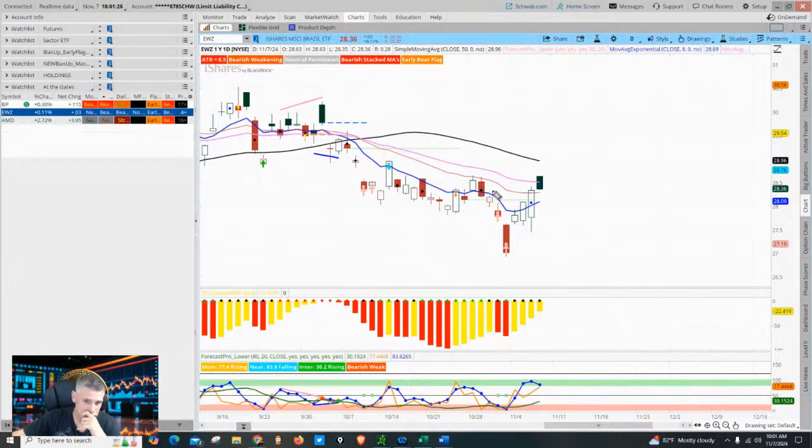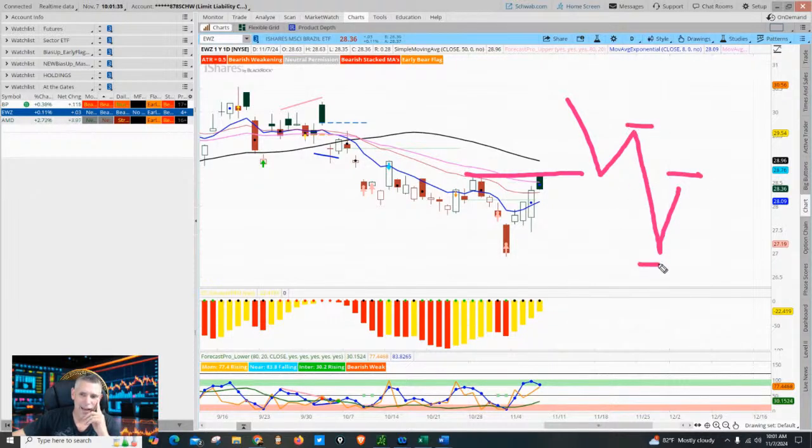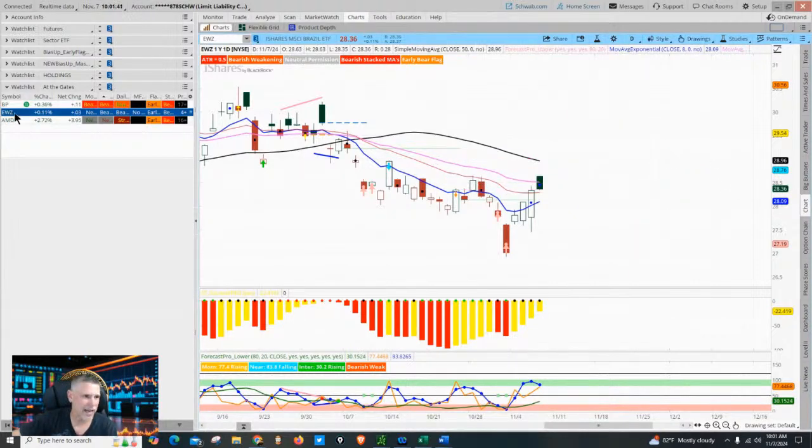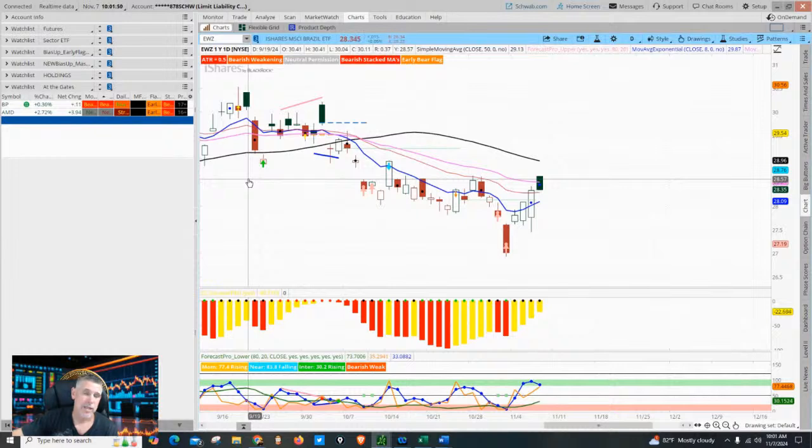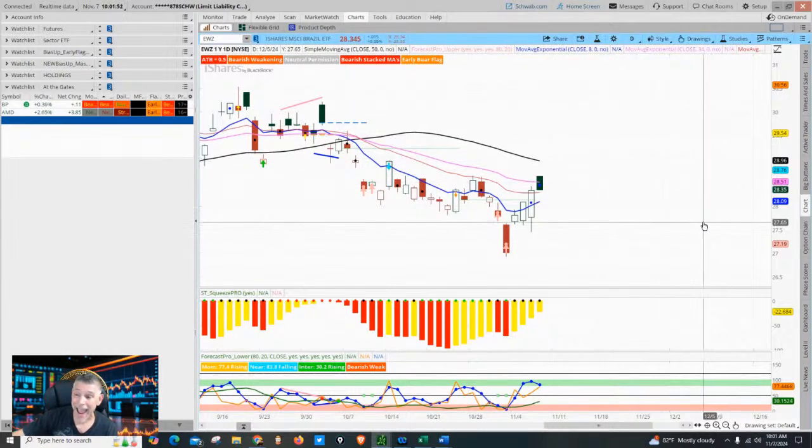what do you notice? We made an equal high. A bear flag is a lower high and a lower low. Once you get that equal high, the setup becomes invalidated, so you take it off. Bam. Very mechanical, very repeatable every day. All right, so that's my at the gates. I'm done. So let's go find some trades.